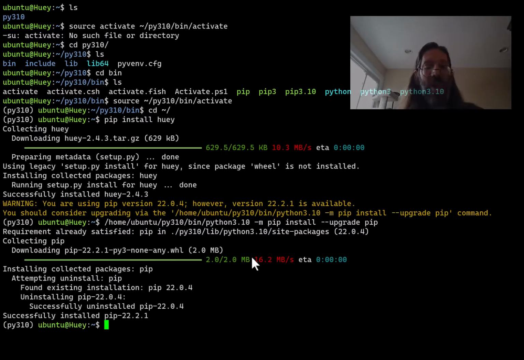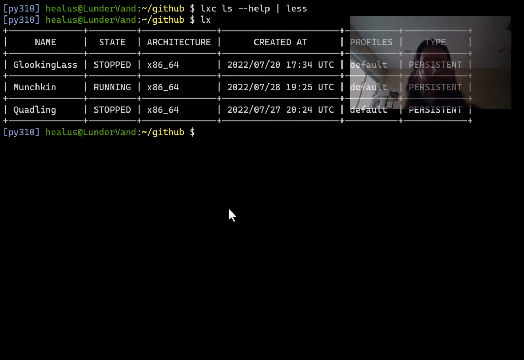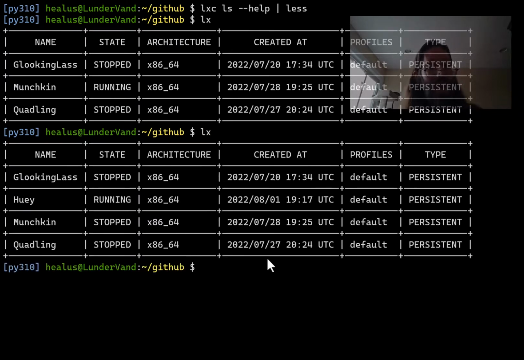And there you have it. I'm on a new system called Huey, a new container called Huey. I'm inside of it, and I went through the little dance to make it a good dev workstation for the work I need to do. And I can just assure you of that using that little shortcut that I made before. And there are my now 4 containers with Huey right there running, and without me having to control plus or minus resize this to get all of them to show, because my little alias LX is actually LXC LS minus minus, no, it's actually